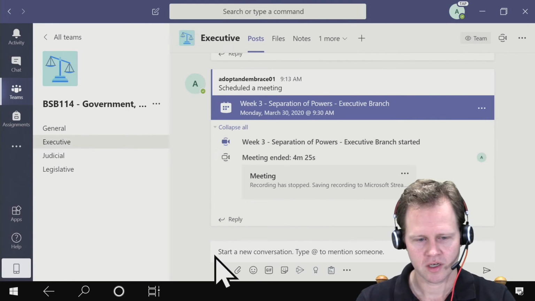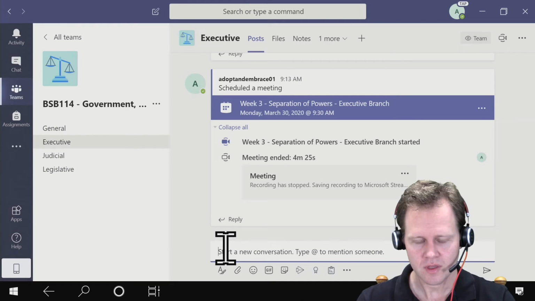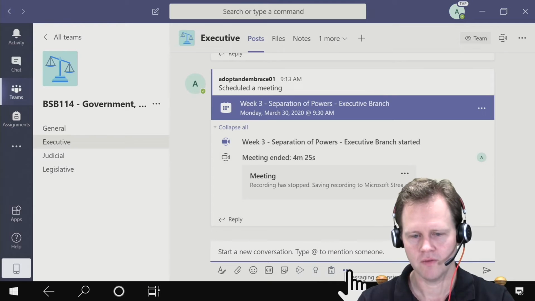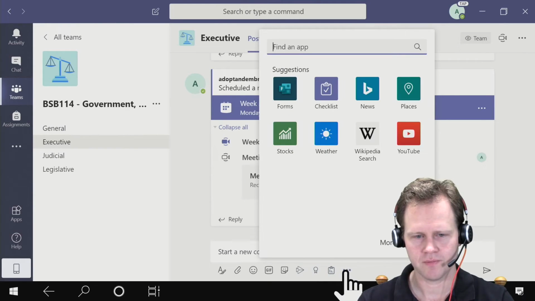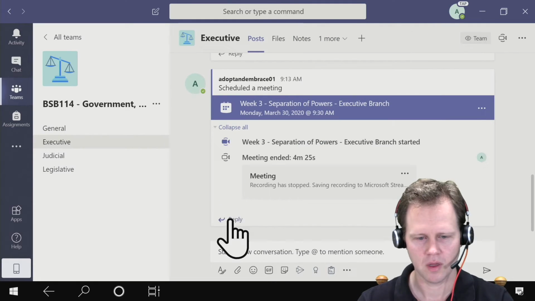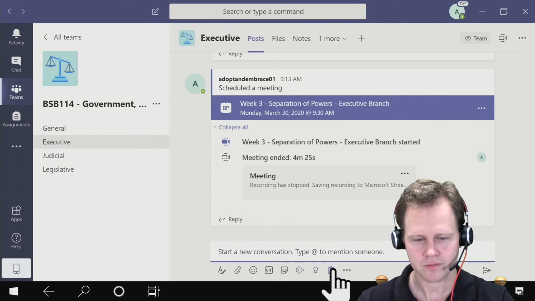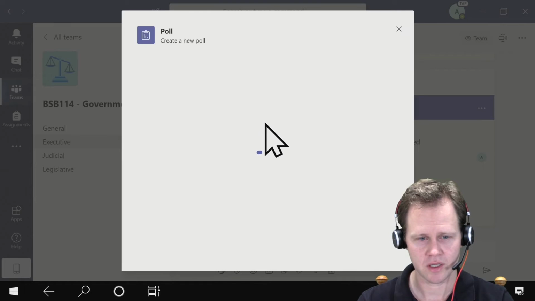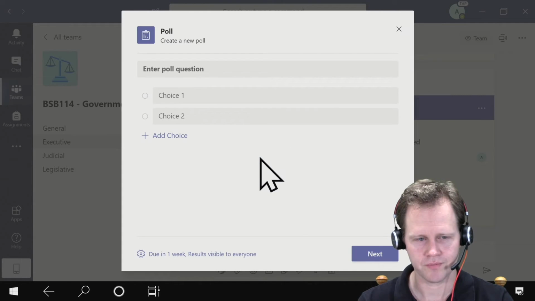So what I'm going to do, I can just go down here and start a conversation. Now, if you don't see it on your screen, you just need to click on those three dots there, but I've already got it up on my screen, which is this little poll option here. So again, if you don't see that little poll, which is a clipboard with a graph on it, if I click on the three dots there, it should appear in the list here in terms of apps that you might have access to. So I'm going to create a simple poll,